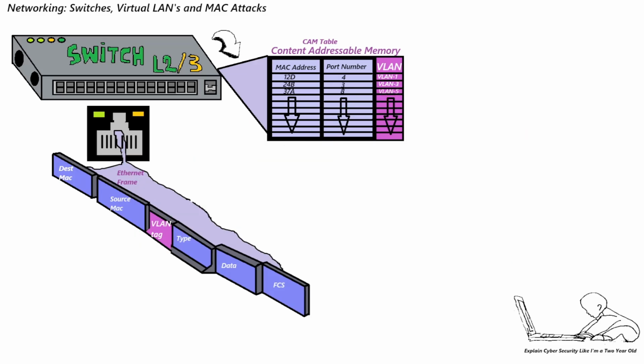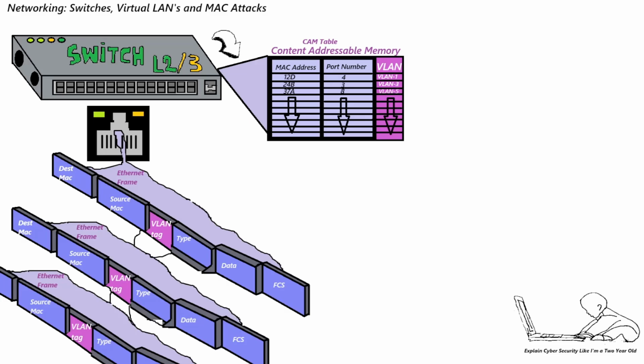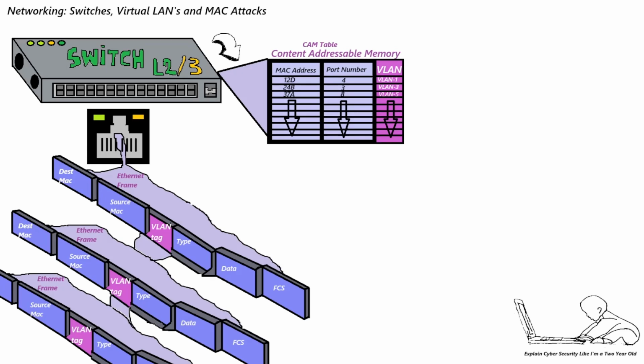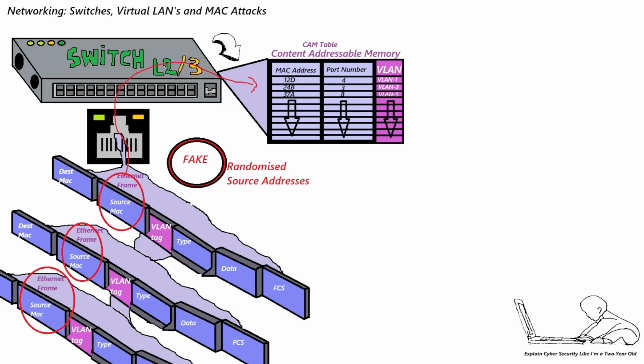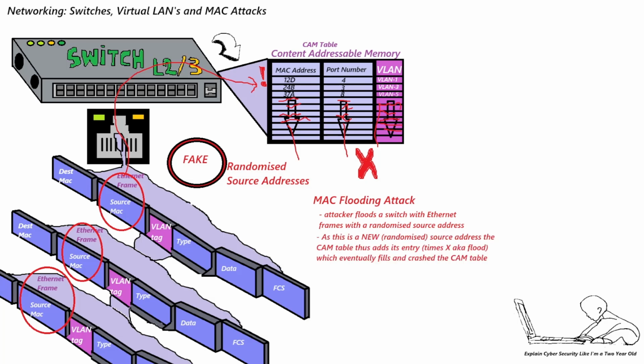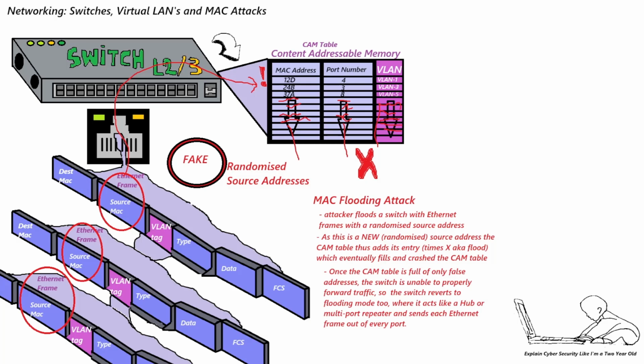Moving away from VLANs and back to Ethernet layer 2, and attacks on the Ethernet frame MAC addresses. Starting with a MAC flooding attack, which is an intentional abuse of a switch's learning function to cause it to get stuck in flooding mode, by sending loads of randomized fake MAC source addresses, which will get added as new entries into the CAM table, eventually flooding it, crashing it, and reverting it back to a dumb old school switch, which actually acts as an even older hub by just sending Ethernet broadcast frames everywhere,